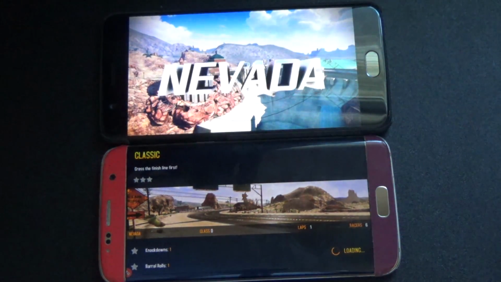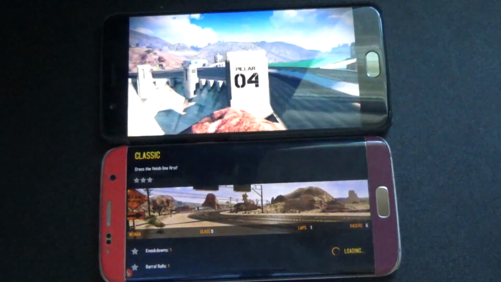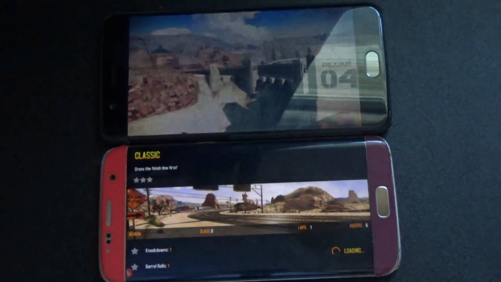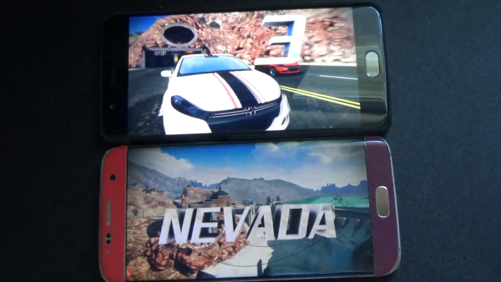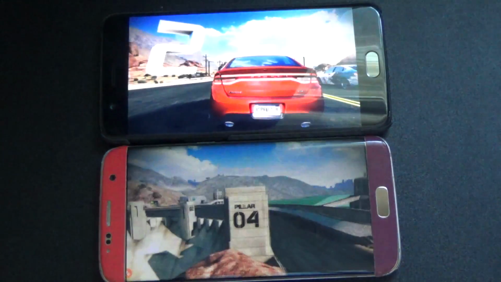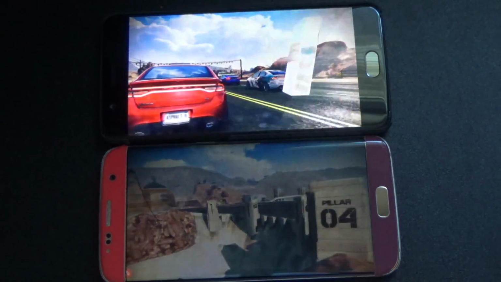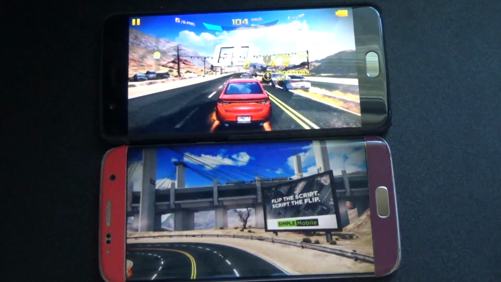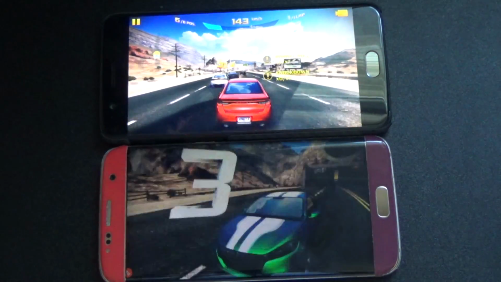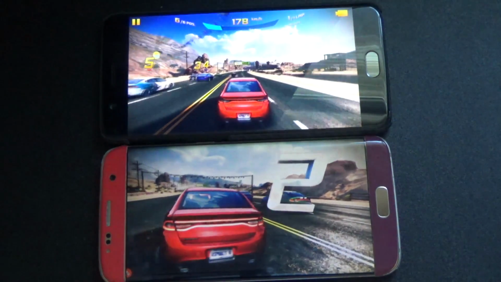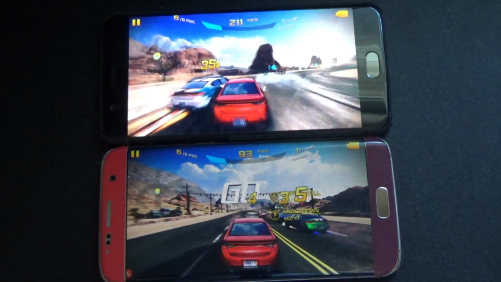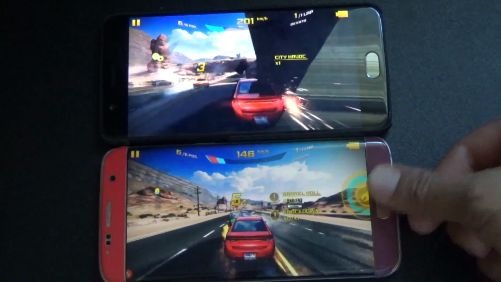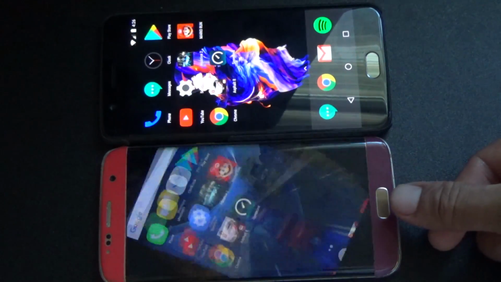Alright, as you can see, the OnePlus 5 is already on the loading screen animation to begin the race. You can see the map and everything, and the S7 Edge is barely getting into that right now. And the race is about to start. And the race has started, and the S7 Edge still has not started the countdown to start the race. So that goes another point for the OnePlus 5. And the S7 Edge is barely starting the race, and I'm already a quarter of the way into the first